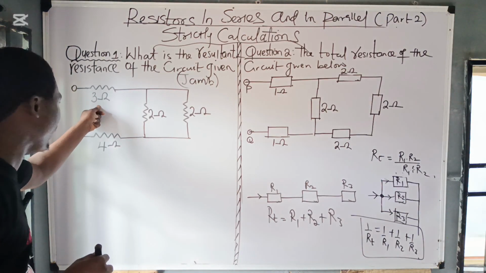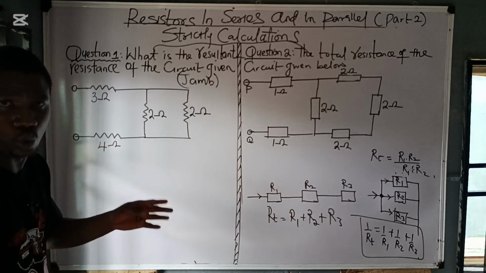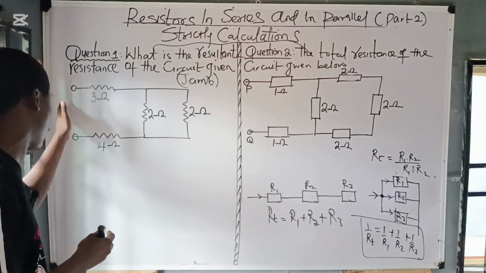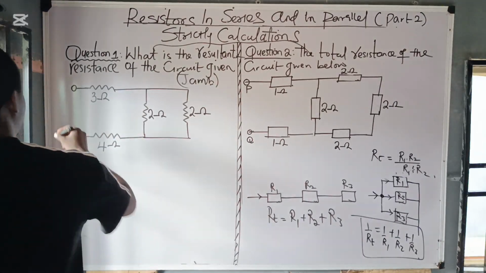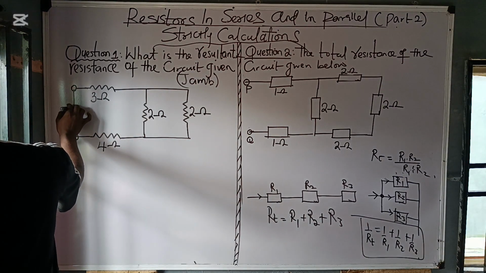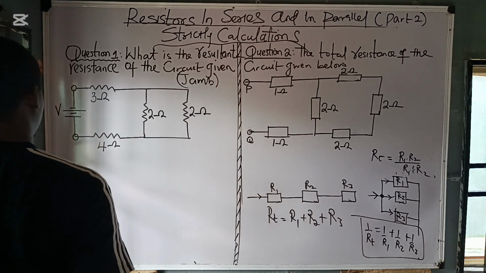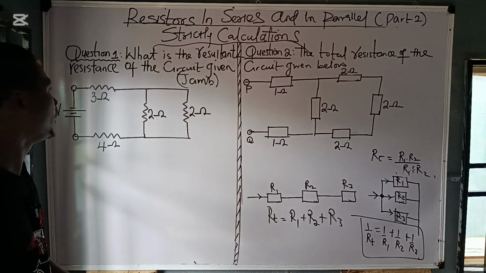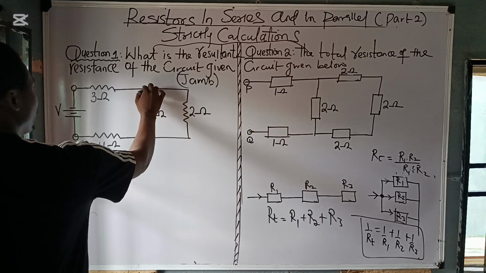This is the first resistor. You have 3 ohms, 4 ohms, 2 ohms, and what? 2 ohms. Now let's assume there is an applied voltage in this connection, like we connect a battery to this guy. Let's connect it this way. Let's assume we have something like this, and this is the voltage. Now if I connect voltage here and the current is flowing, watch carefully. The current passes through this particular resistor. When it gets to this place now,